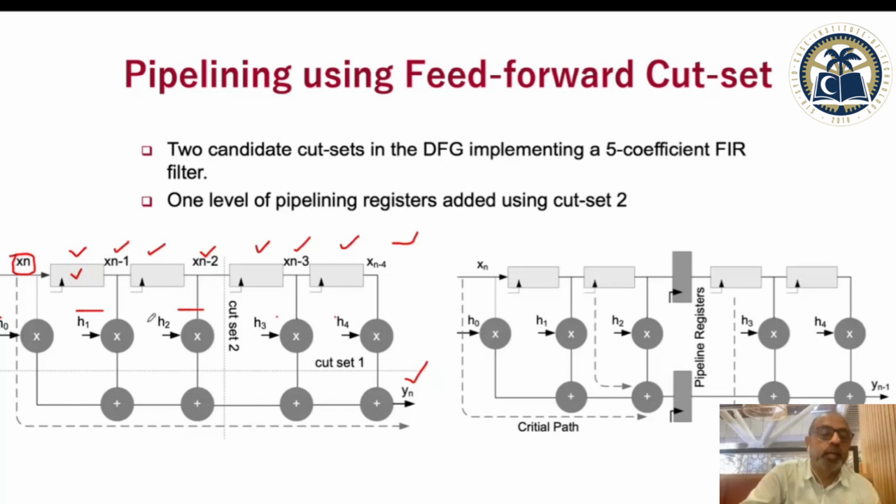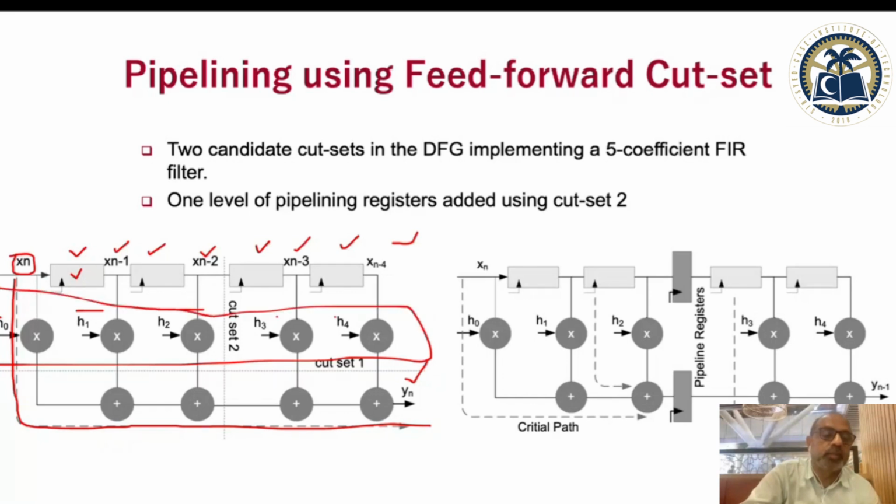But what is important is the critical path. The critical path is the longest combinational path. So there is a multiplier, there is an adder, then it has to add this, then it has to add this, then it has to add this. All the multiplications are happening in parallel. So I may be concerned that all this multiplication happening in parallel is costing me some area,